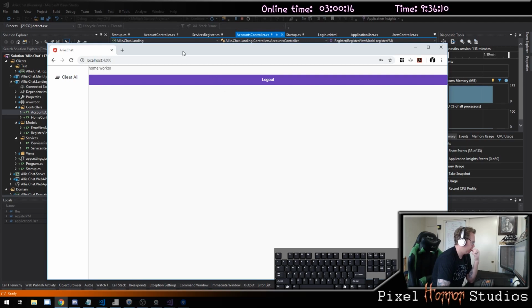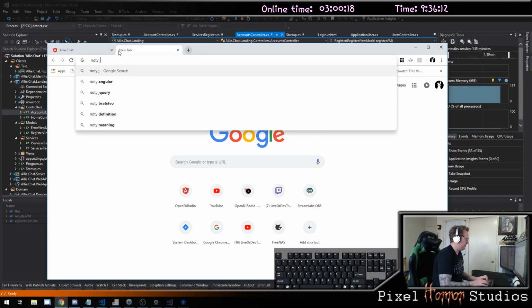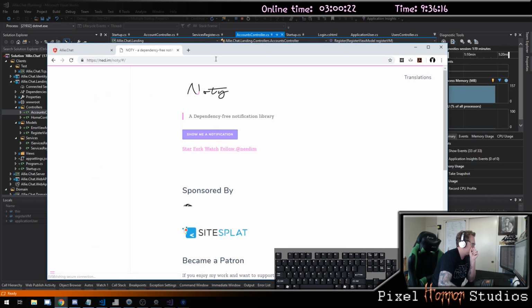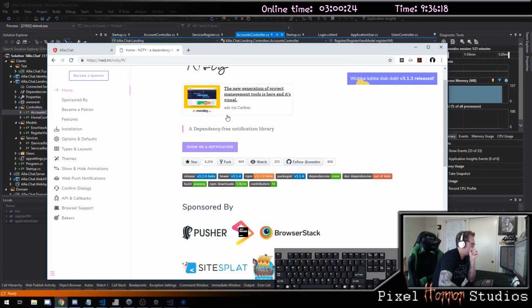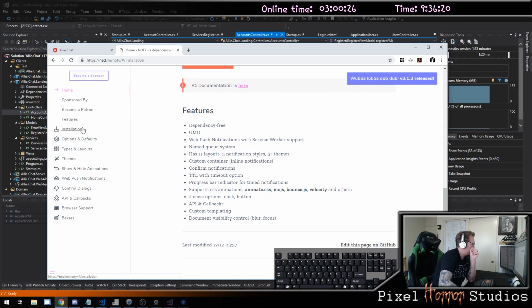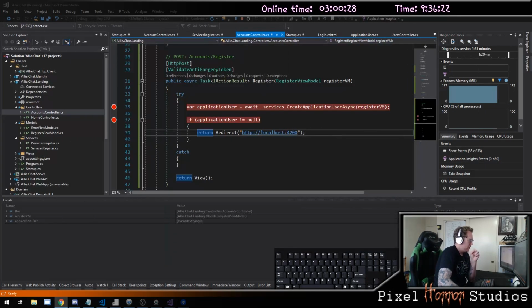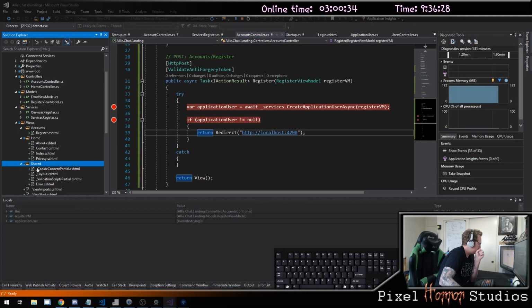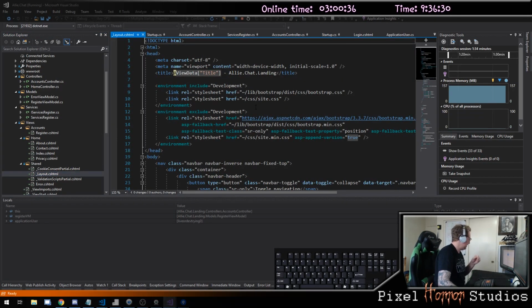and I can do this one, and then one of these, and now we're in. So I want to add Node.js here. So over here on my view layout, I want to add in here my